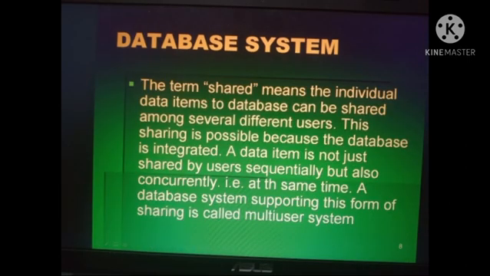Database is a shared medium. When we are storing the data in one place, it can be used by many applications and there is no need for us to re-enter the values. At the same time, they support multi-user systems. The server is connected with all the computers so that we can access the data and use it for future use. That's why it is considered a multi-user system. They support all databases and all data types.